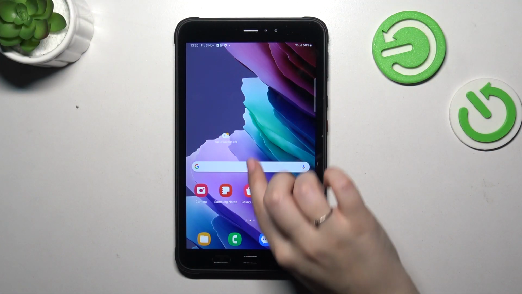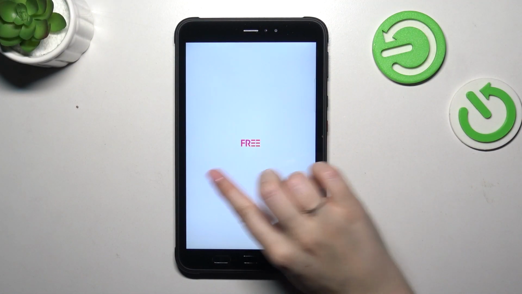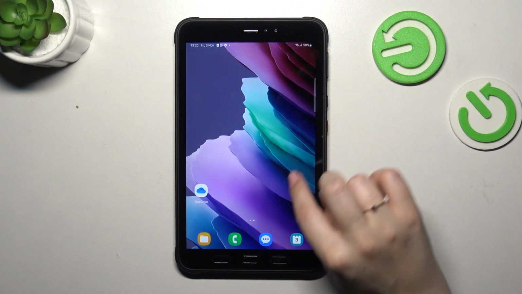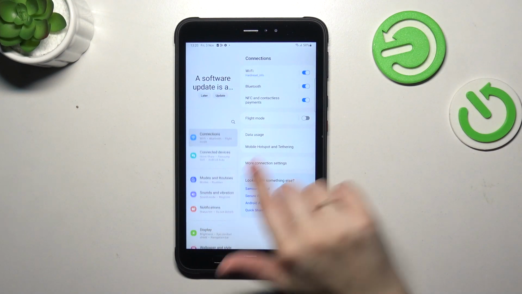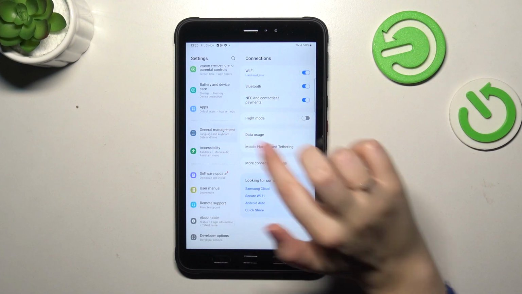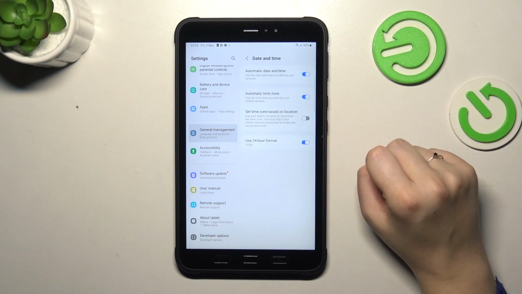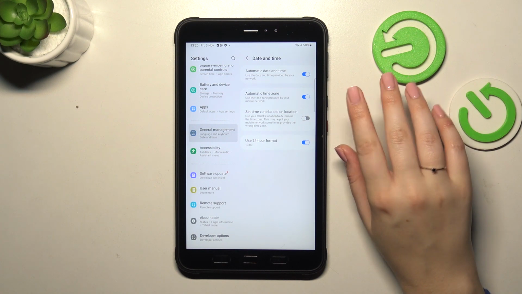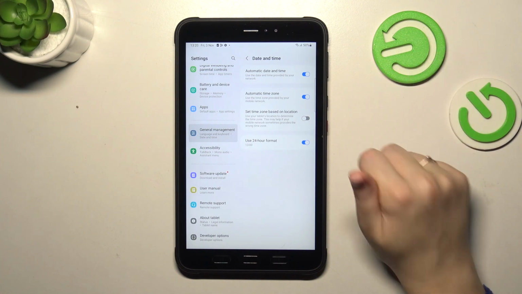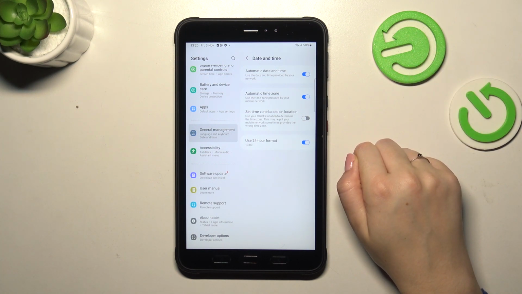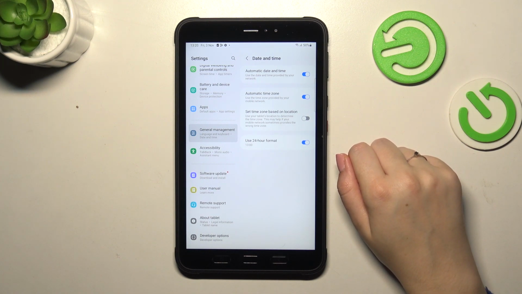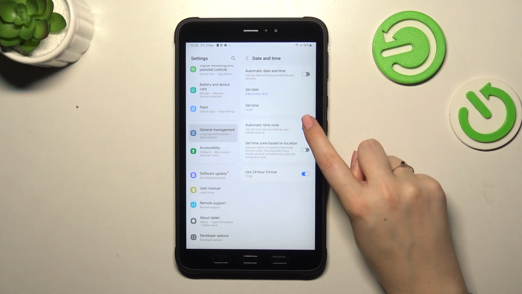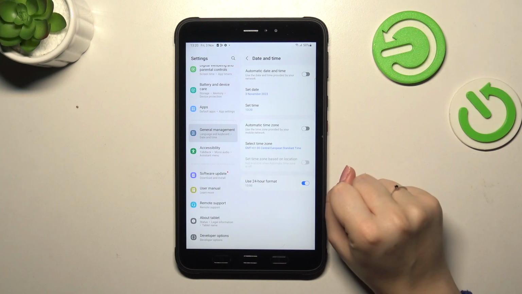So let's start with opening the settings, let's find them. And then let's scroll down in this left section to find General Management. Now let's tap on date and time, and as you can see here we've got some options and they look like we cannot really customize them, manually at least, because we are using the automatic options, so automatic date, time and the time zone. So first of all, turn off both of those options just by tapping on those switchers,